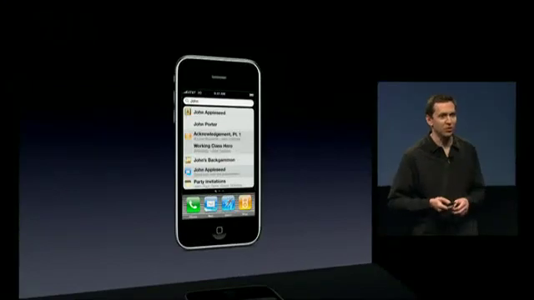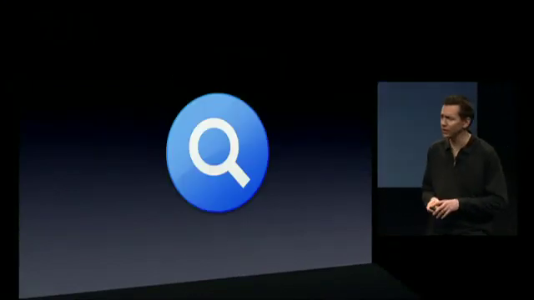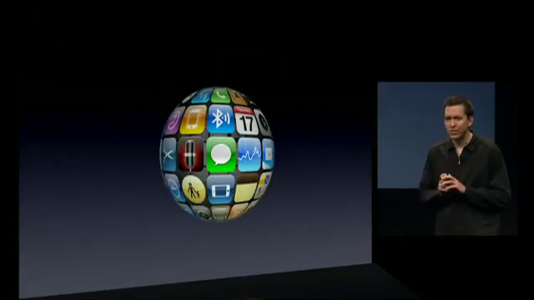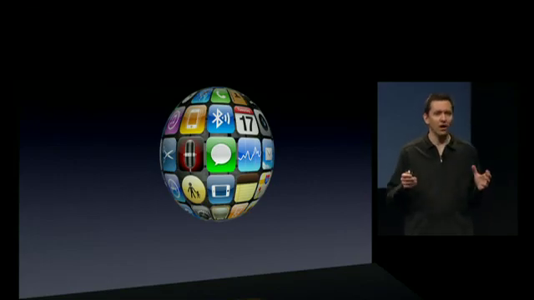Spotlight, a single convenient place to search across your phone. We think you're going to love it. And again, these are only a few of the more than 100 new